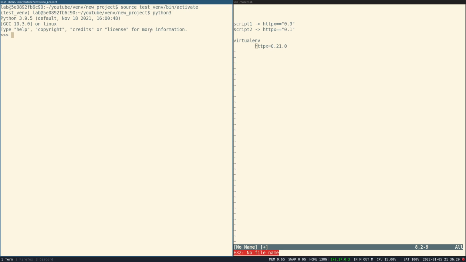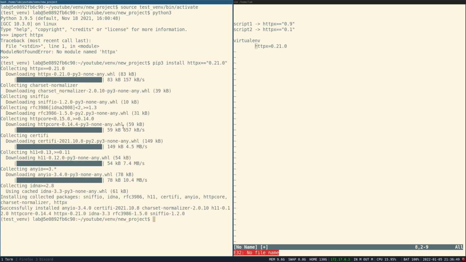Now you will see here the name of the virtual environment that you are in right now, and if I run Python here, I cannot import HTTPX because it is not yet installed in this virtual environment. So I can install it using pip, and I will install this specific version. And it has been installed.